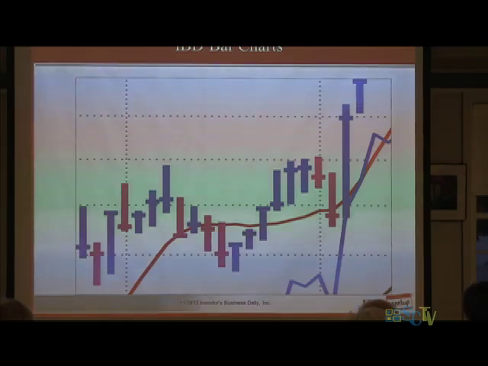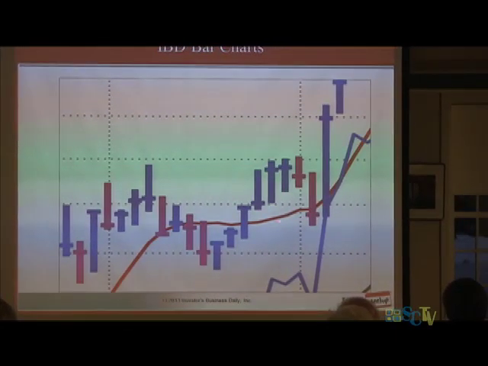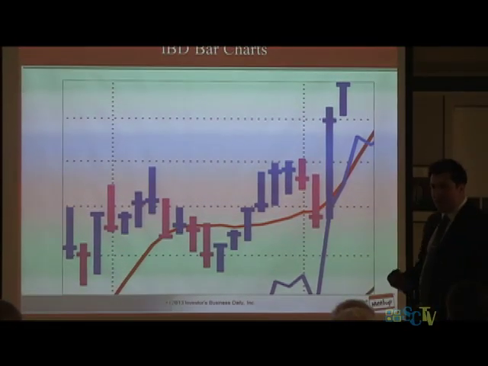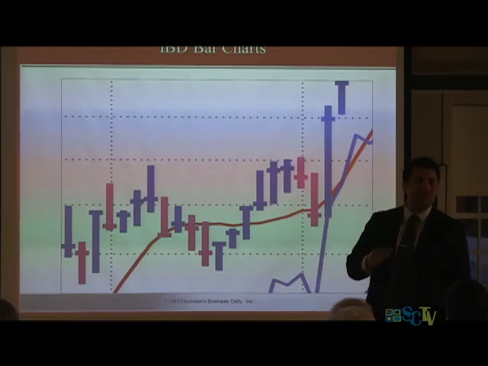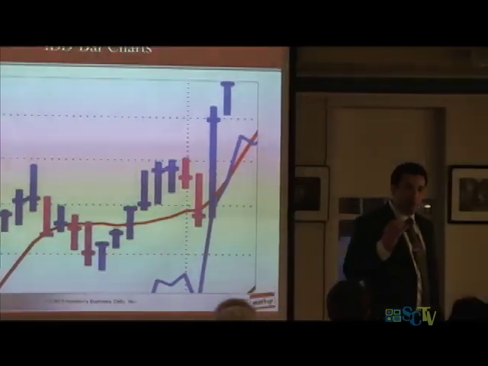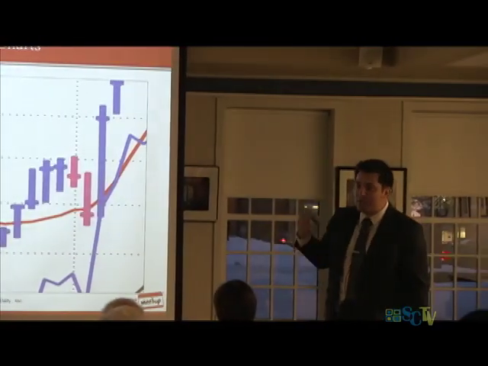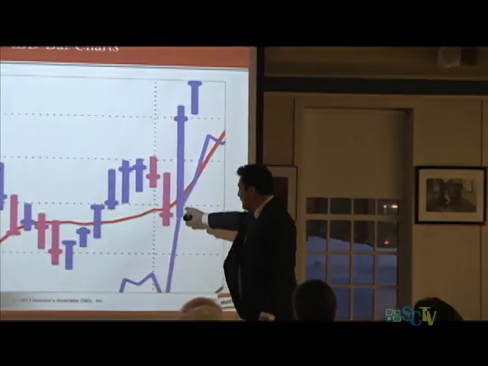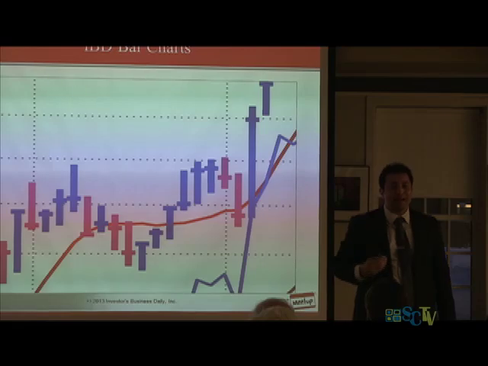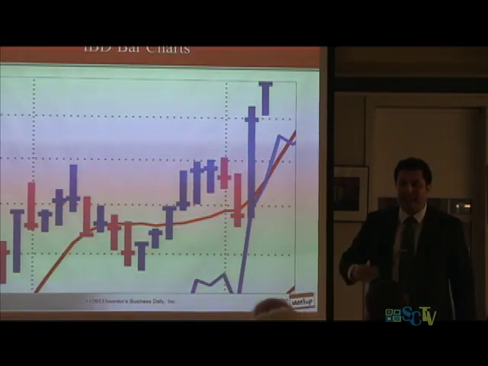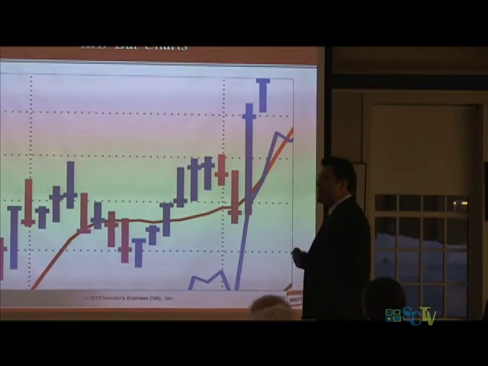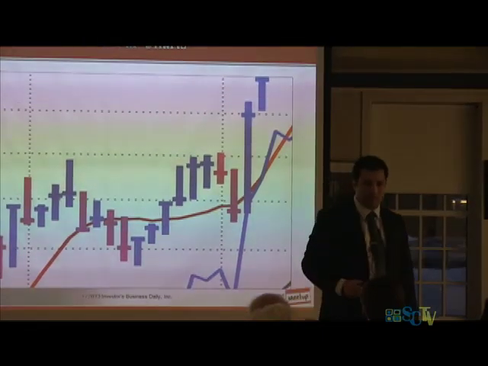versus the prior week. Now, you guys see this red line that runs through the price bars? That's called the 10-week moving average, also known as the 50-day. The reason why we have that 10-week / 50-day moving average on our charts is because we've tested that line going back to 1880. And that line produces the most consistent bounce of any other technical indicator in the market, right?